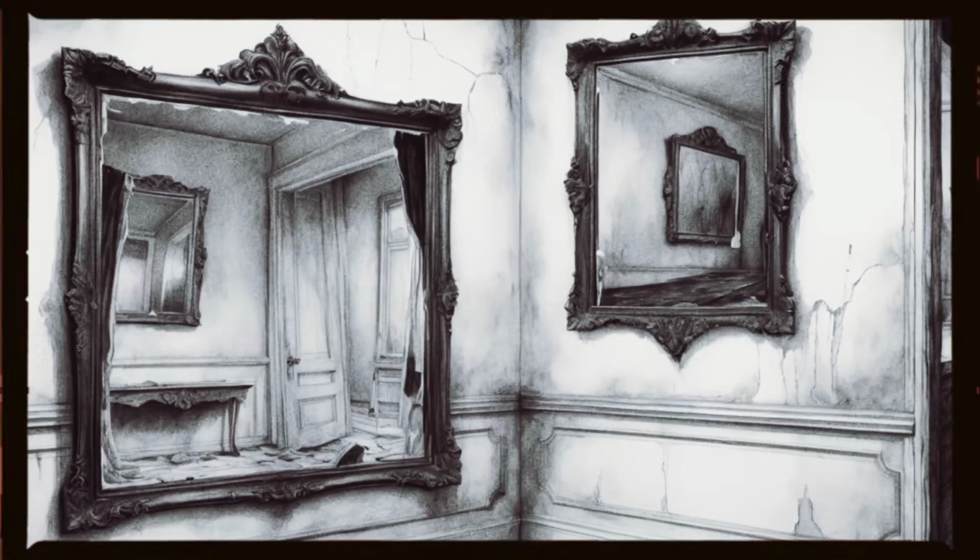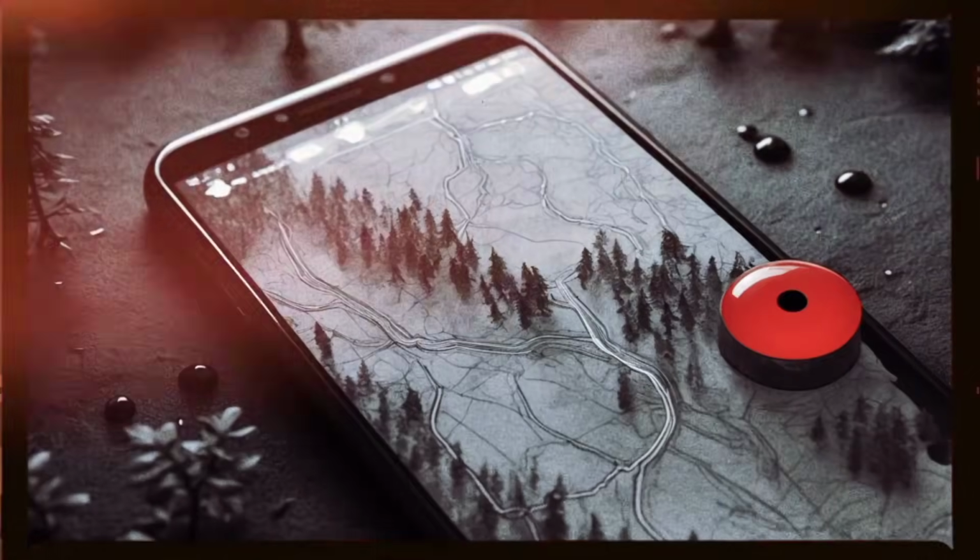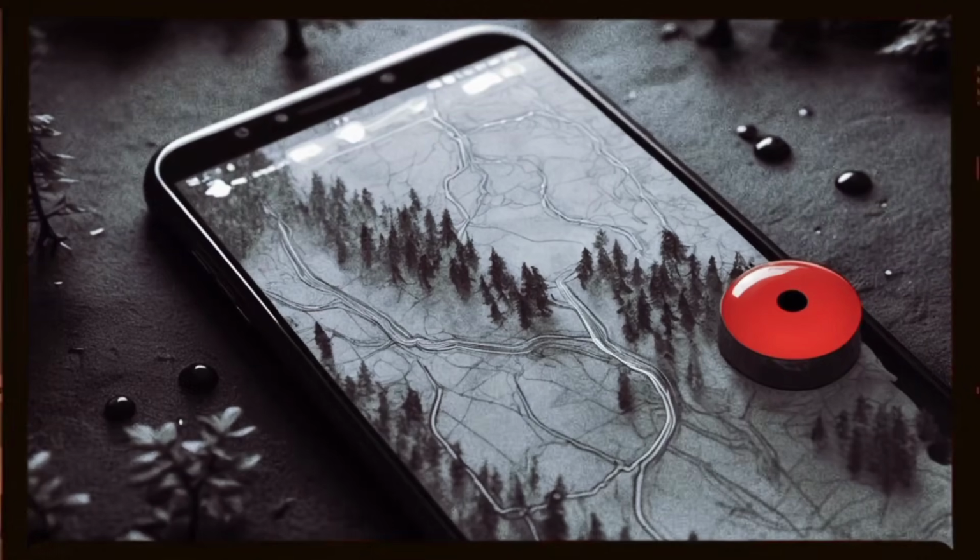Later that night, I tried to go online from my phone. Maps wouldn't open. Not even the app. The entire browser crashed when I searched my address. When I opened my gallery, a new photo had been added. Taken at 3:33 a.m., timestamped with that day's date. It was a picture of my hallway. I was asleep in the frame, and someone else was standing over me.